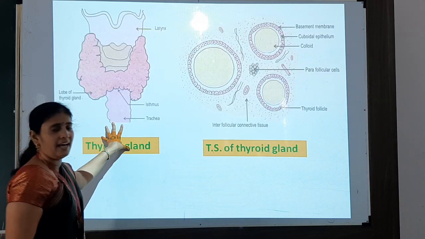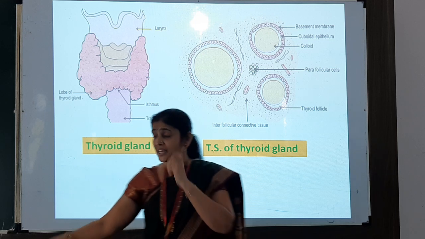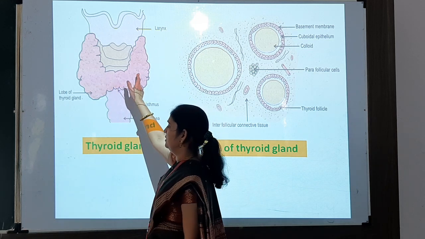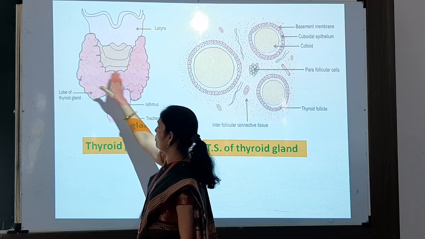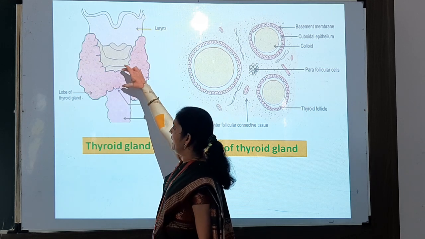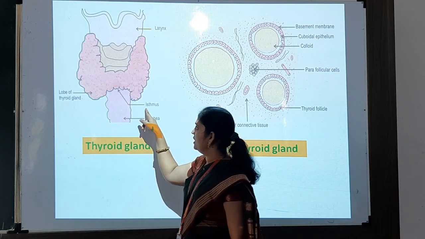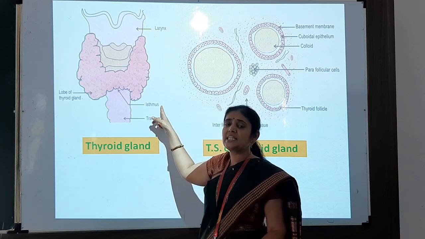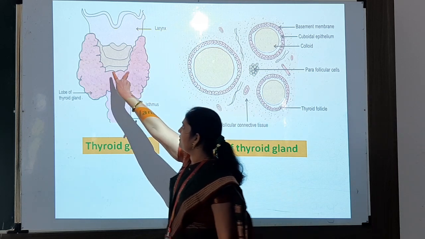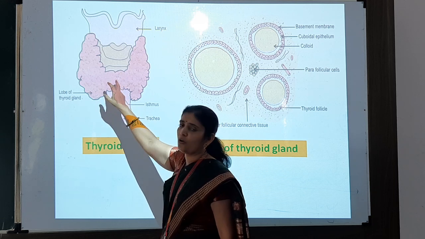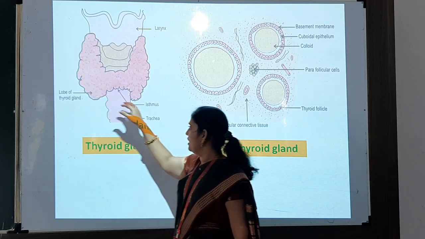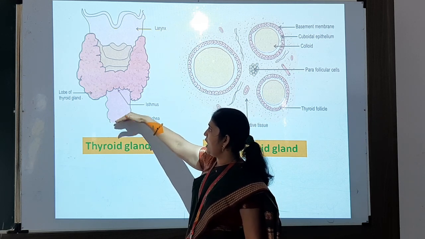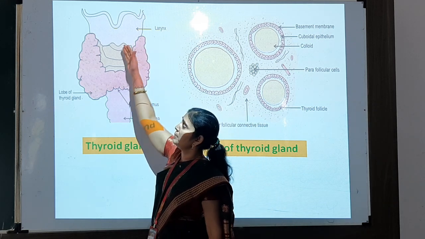It is the thyroid gland. Here we can see bilobar mass. It is right lobe, this is left lobe, first lobe, second lobe, bilobar mass. It is connected with the help of isthmus, which is a non-secretory structure. Means in this region secretion is not carried out. It is secreting region. This is secreting region, and it is present above the trachea and below the larynx.